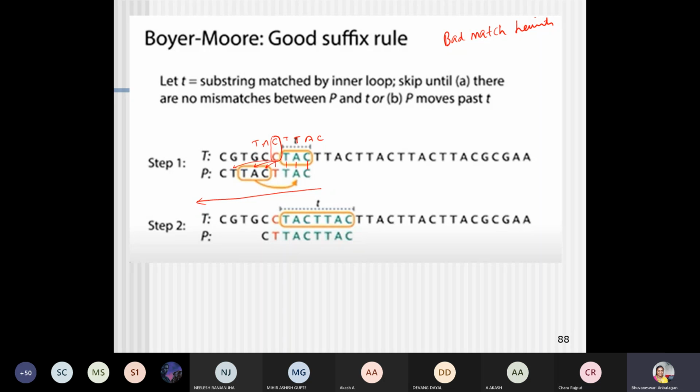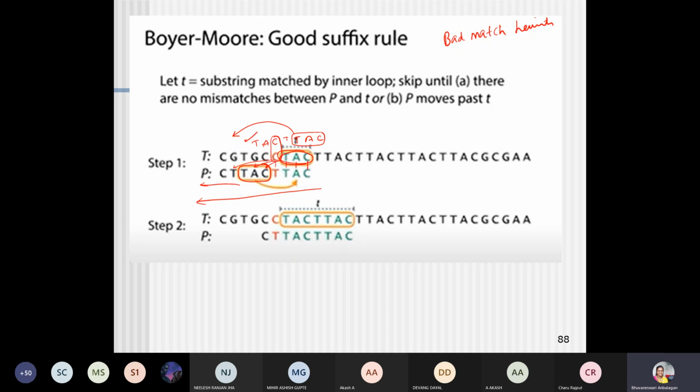This is one solution. Another solution is in another algorithm, and this type of solution is also possible. A better solution, which will run in the same algorithm, will check whether the matched pattern, which was previously checked and satisfied between the text and the pattern, is occurring in the forthcoming pattern. That means in the forthcoming pattern, whether this TAC is available. I am identifying TAC once again in my pattern, which is already matched with the text.